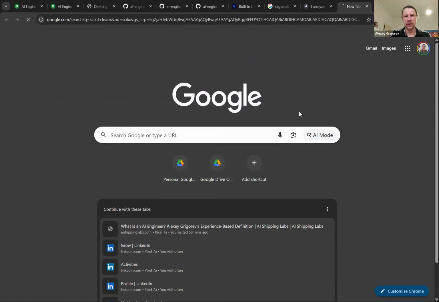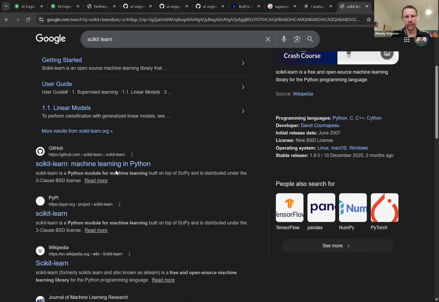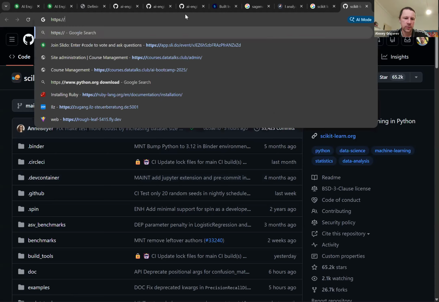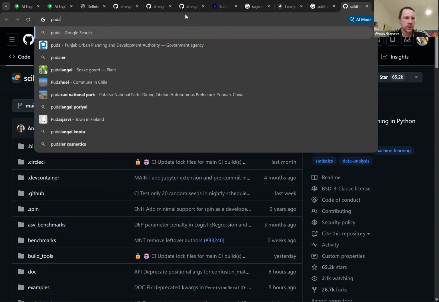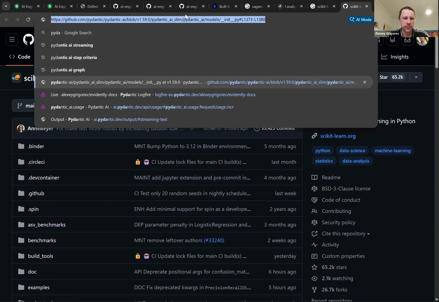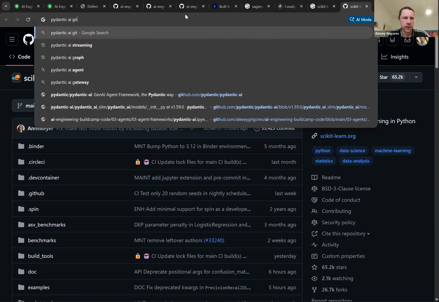Scikit-learn is a fairly complex repo, right? So what if I want to build an agent that can analyze what is happening in scikit-learn? Then you build your agent. That's one project. Then maybe you can build another project at a smaller scale, something like the Pydantic AI GitHub repo.